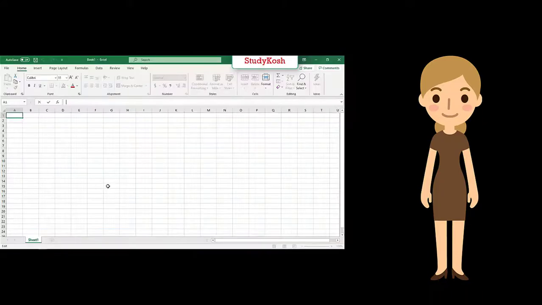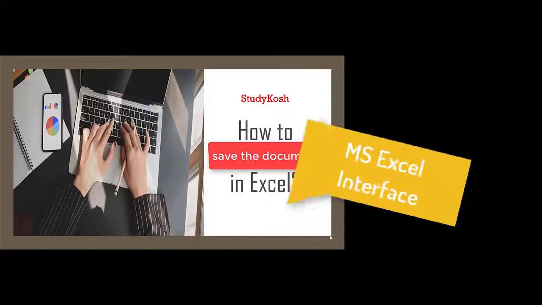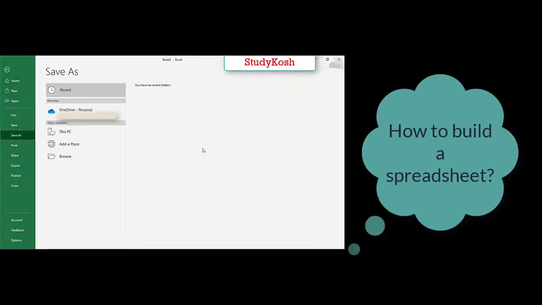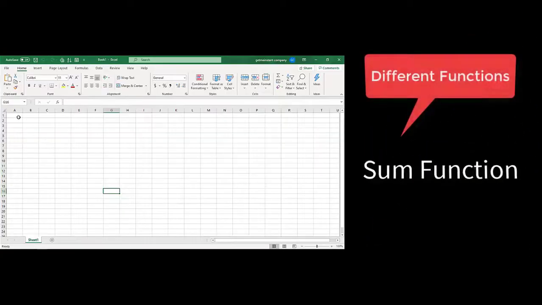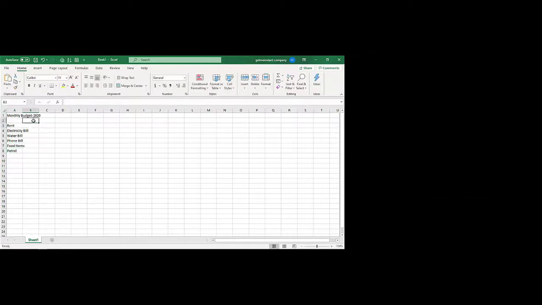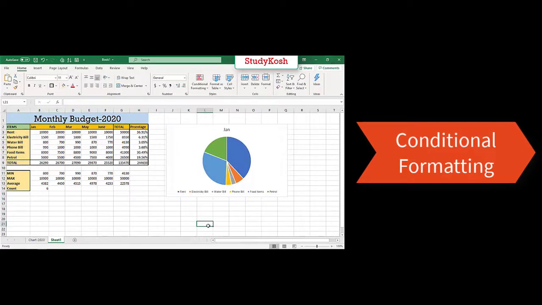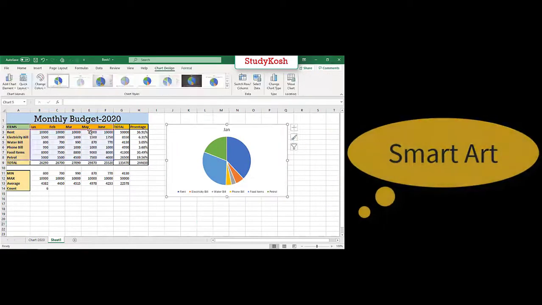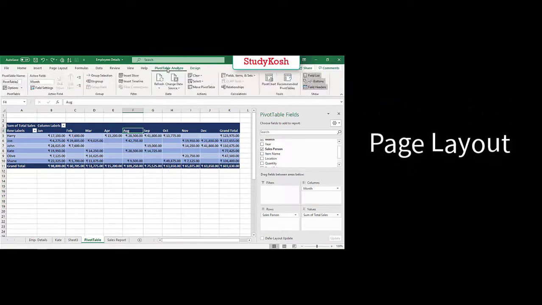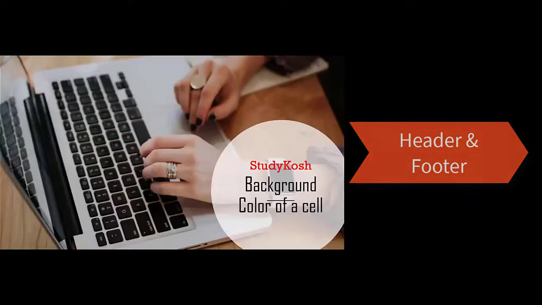So the topics we will cover here are MS Excel interface, workbook in Excel, how to build a spreadsheet, numeric data in Excel, sum function, min or max function, average function, auto sum command, conditional formatting, shapes in Excel, SmartArt in Excel, chart ribbon in Excel, pie chart, page layout view, headers and footers, also how to customize